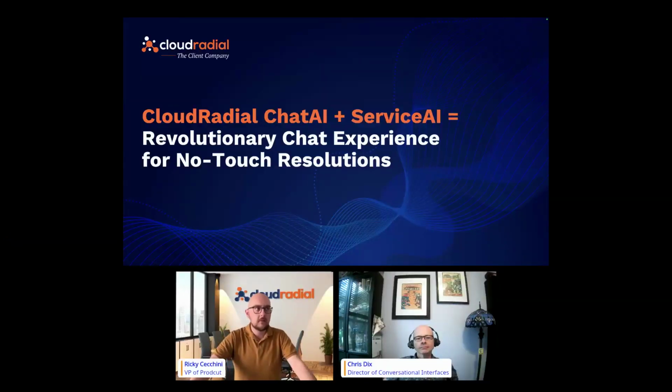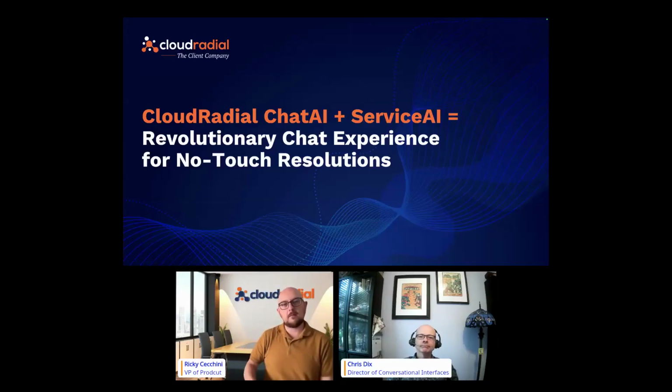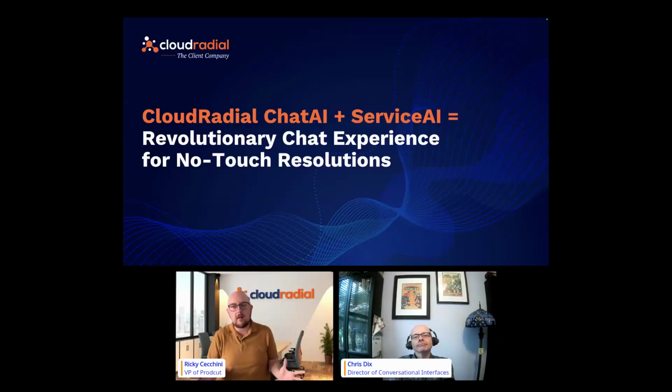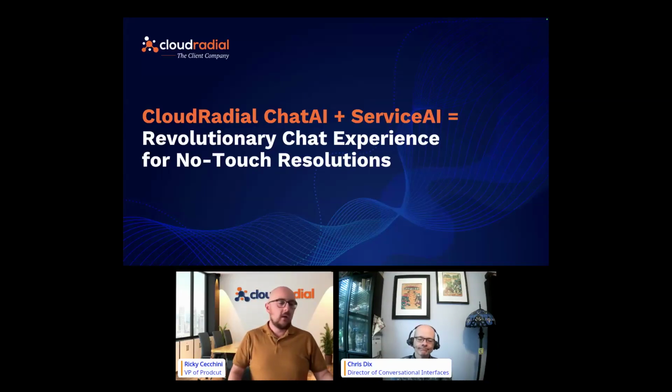Today in this session, we're doing CloudRadial Chat AI and Service AI, a revolutionary chat experience for no-touch resolutions. I want to be crystal clear: a lot of what we are looking at is what we can do today versus what we're doing tomorrow, and really how we're getting there, which I think is really important because we looked at